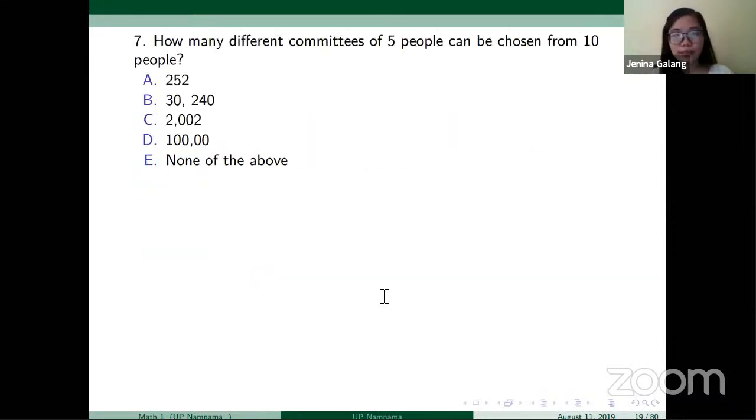So next, how many different committees of 5 people can be chosen from 10 people? So dito, hindi nagmamatter yung order nung pagpili natin ng 5 people from 10 people. So, ang gagamitin natin dito is the combination formula